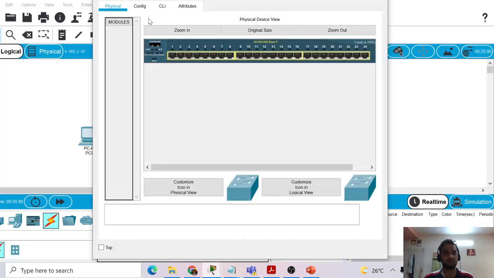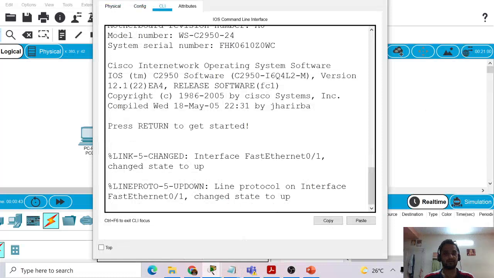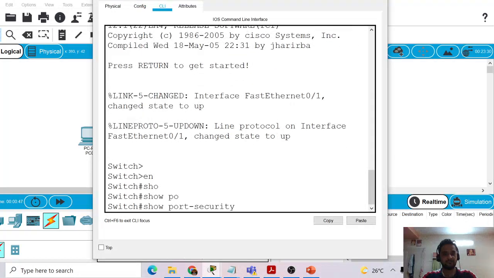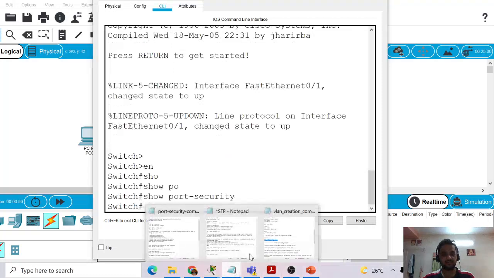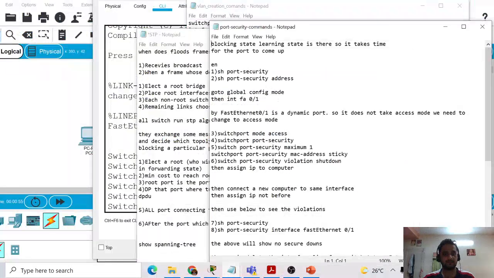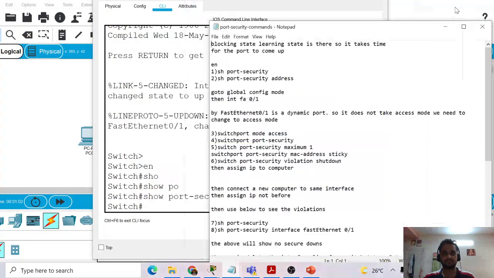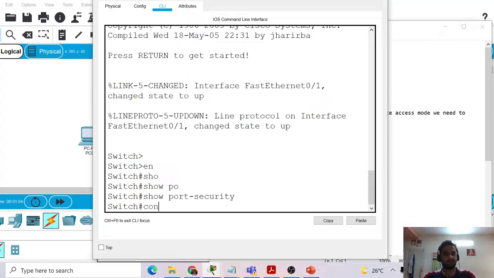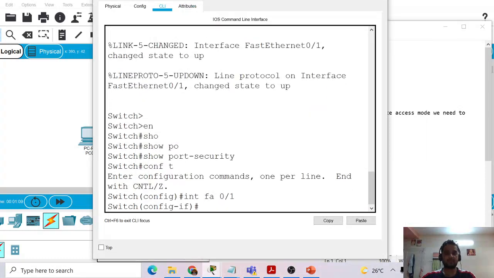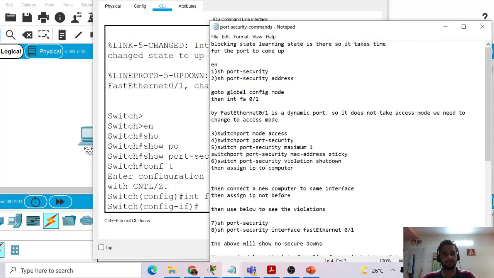Now let me go to the config tab, command line interface, enable. If we run show port-security, it will show that nothing is present. So we need to create it. We need to go to global config mode, and then go to the interface. We need to change it to switchport mode access.